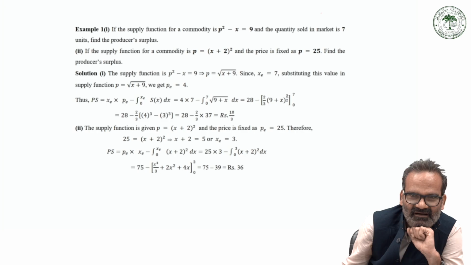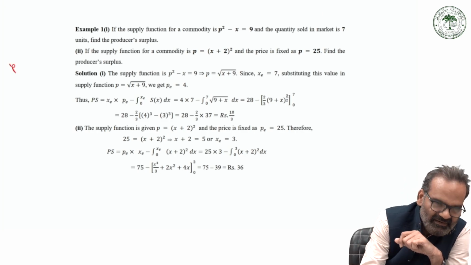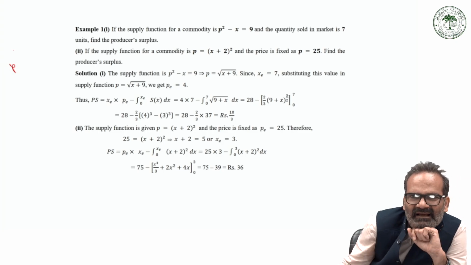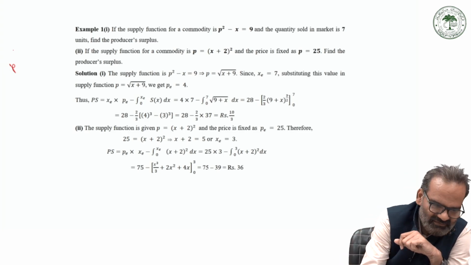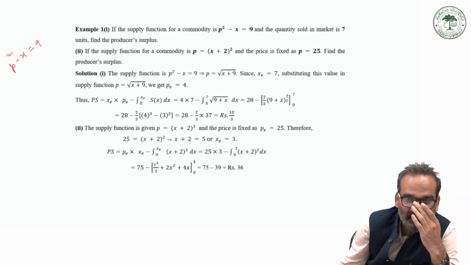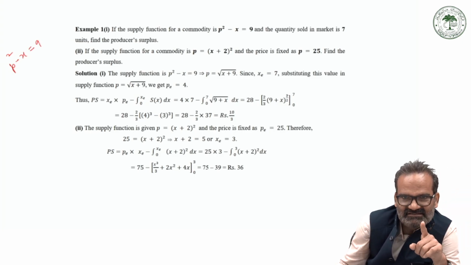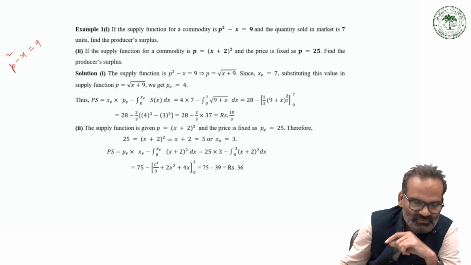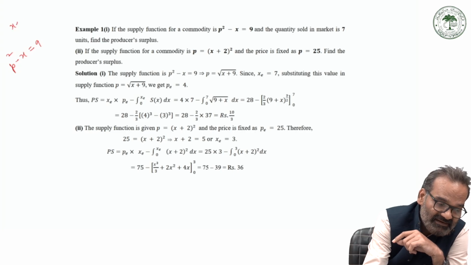If the supply function of a commodity is given as p square minus x equals 9 and the quantity sold in the market is 7 units, then determine the surplus, right? So the supply function is given as p square minus x is equal to 9. And the quantity sold in the market is 7 units. The quantity sold is what? XE is 7,